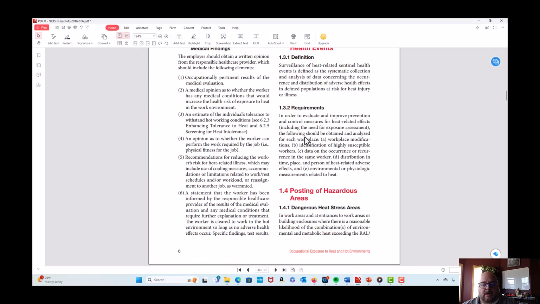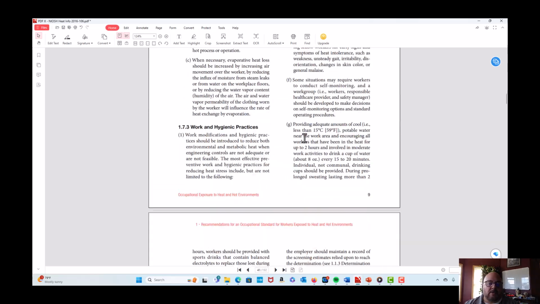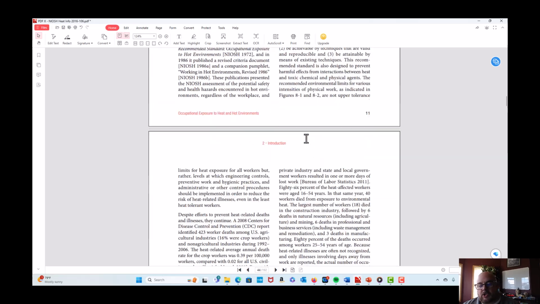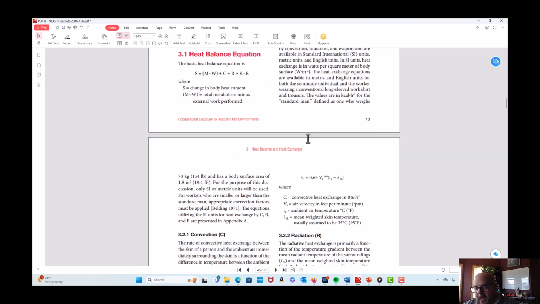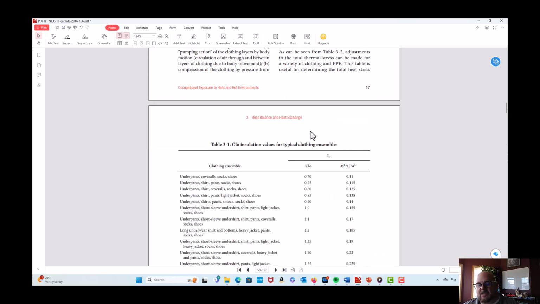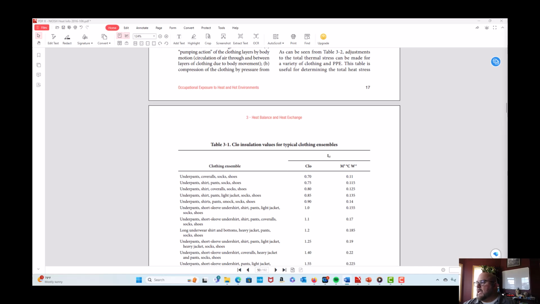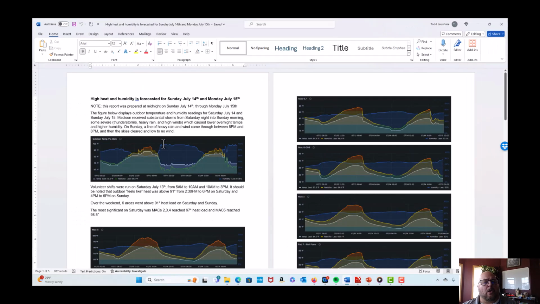Again, this is 192 pages, and I actually scrolled through it. There's a lot of great information. It covers both indoor, outdoor, all the research behind it, the biology, the physiology of heat illness and exposure to heat and all that stuff. So it's great. And so some of the things that I had done, as discussed in the video that I